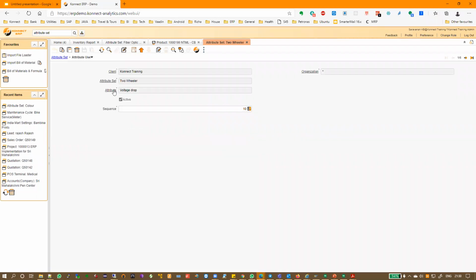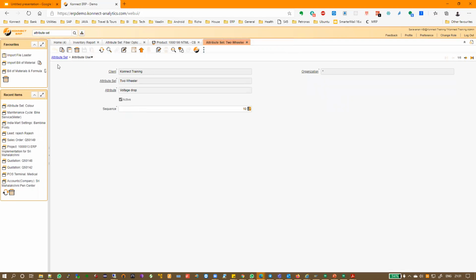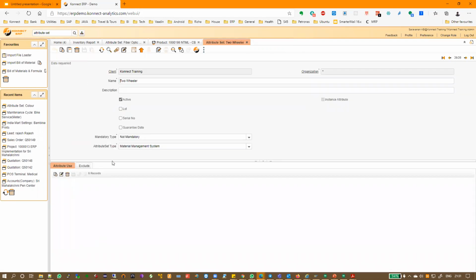So what are attributes? An attribute literally can be anything. Okay, there are three types, or four types actually. An attribute can be a date. So you can say, for example, any date, warranty date, start date, end date, good for date, which is not available in the standard attribute set. You can use it here. List is prefixed values like color. You can have a drop-down list. Okay, this is white, yellow, blue, etc. So that is list. Number will only take number. It won't take text. String will take anything. Okay, so you can define any of these attributes and assign a lot of attributes to this attribute set.